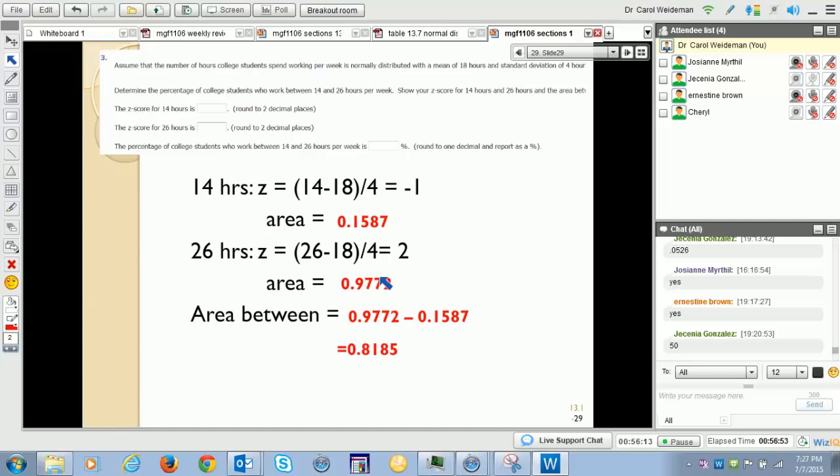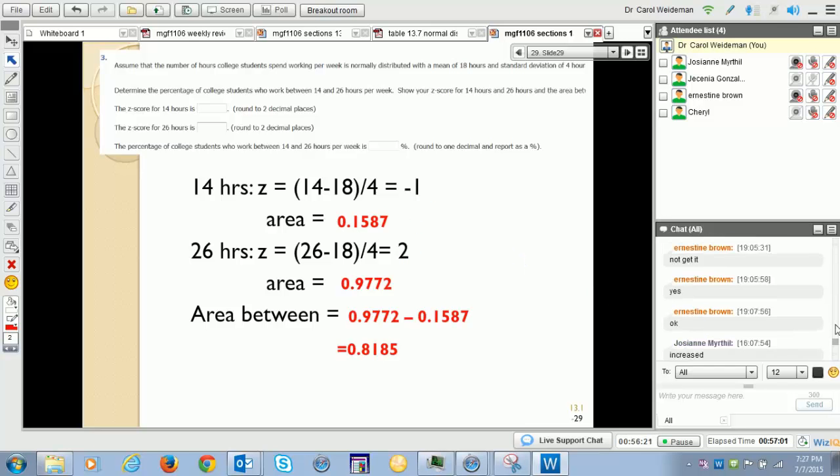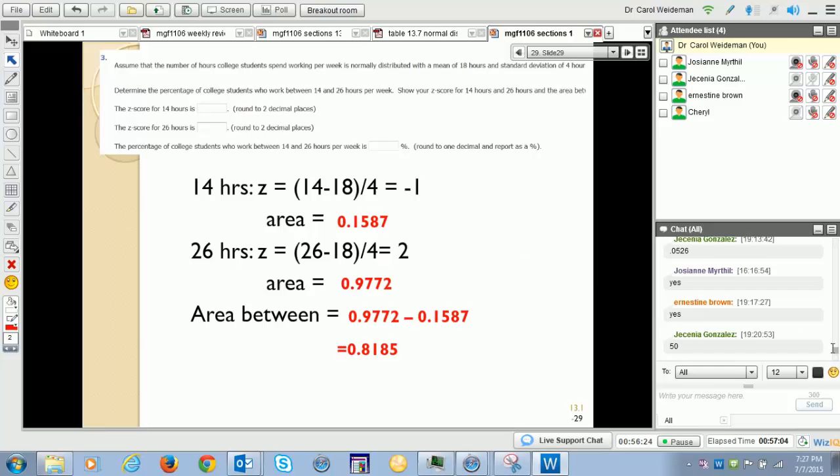If you notice, some of the z-scores come up a lot over and over again. Negative 1, positive 2. They're common ones that you'll see used frequently in the problems. All right. So that's the end of the material for chapter 13. So any questions as we're finishing up? The material is not difficult. You just have to learn to use the table for the normal distribution. Make that little table for yourself. Or your calculator may already do it for you too, if you have a TI-83. But you can do it on paper and pencil if you use that little table.